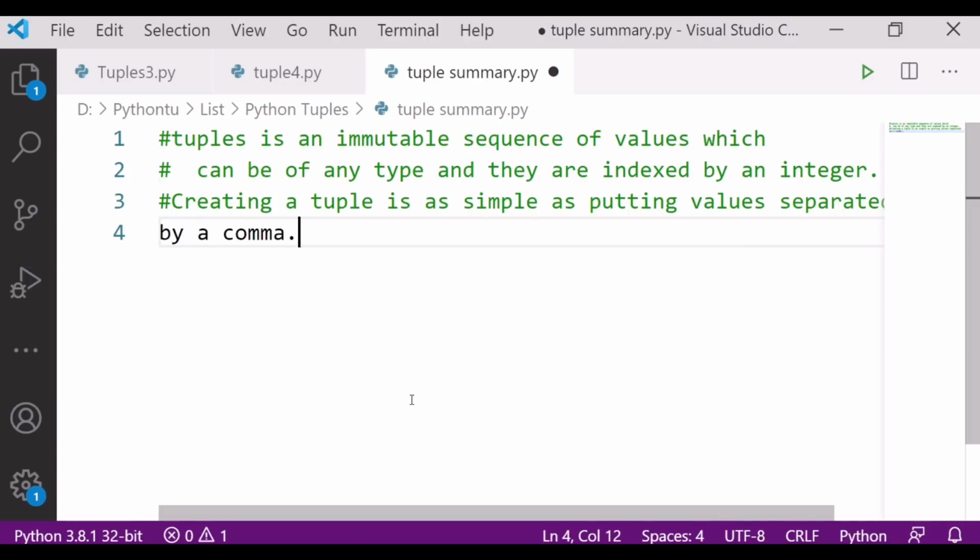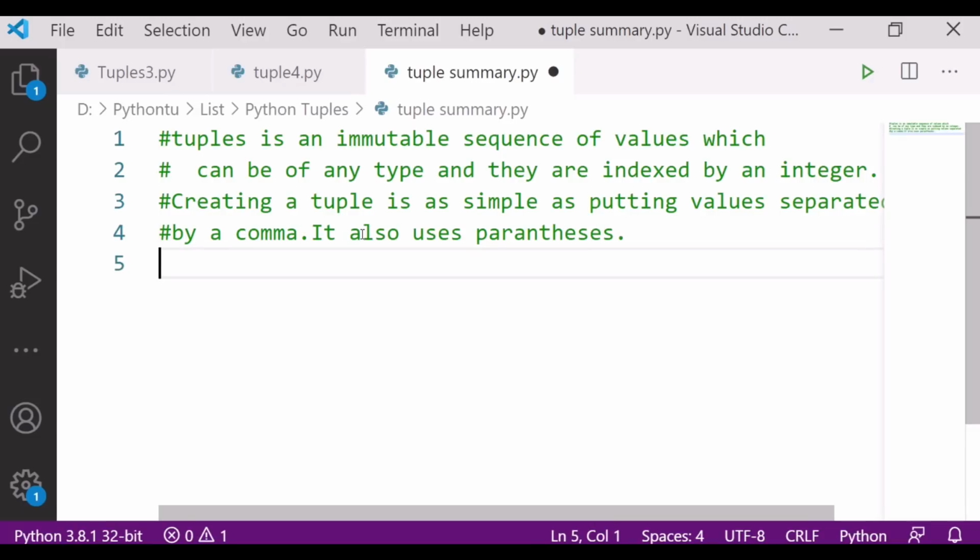It is very simple. We can simply put a comma after the element and create it. It also uses parentheses, as we know.